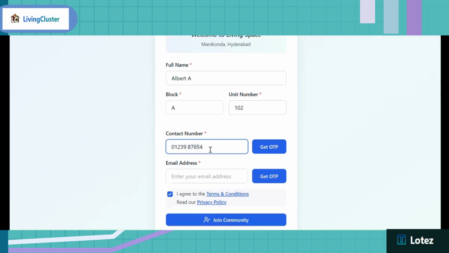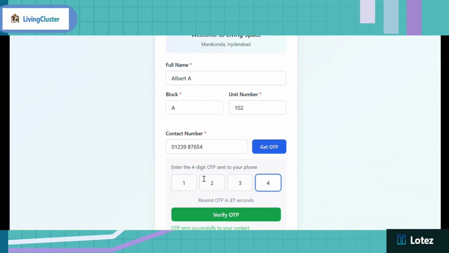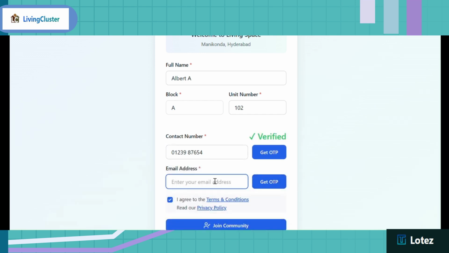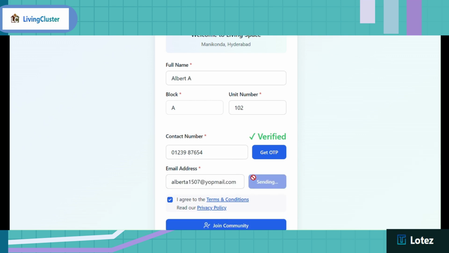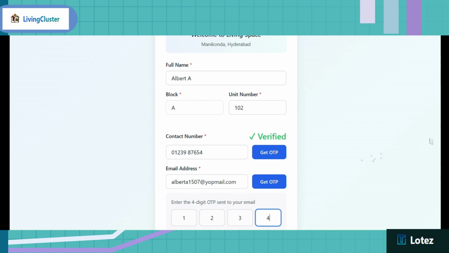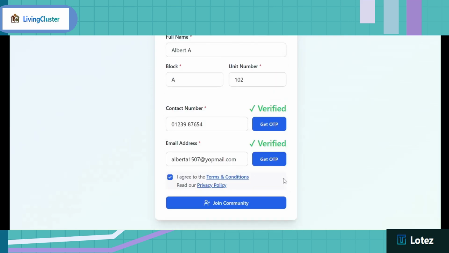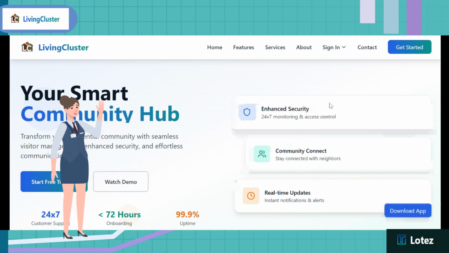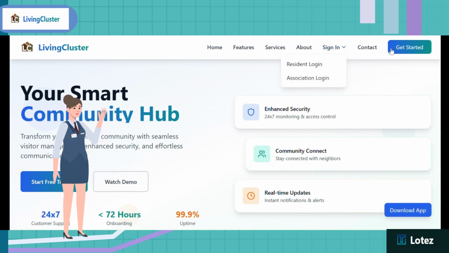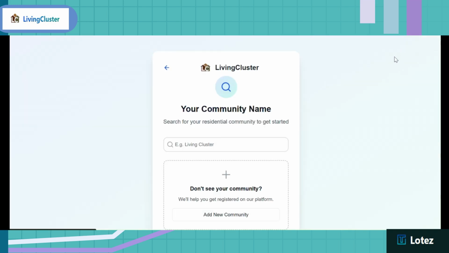You will receive an OTP for authentication. Request is submitted and association will approve it.